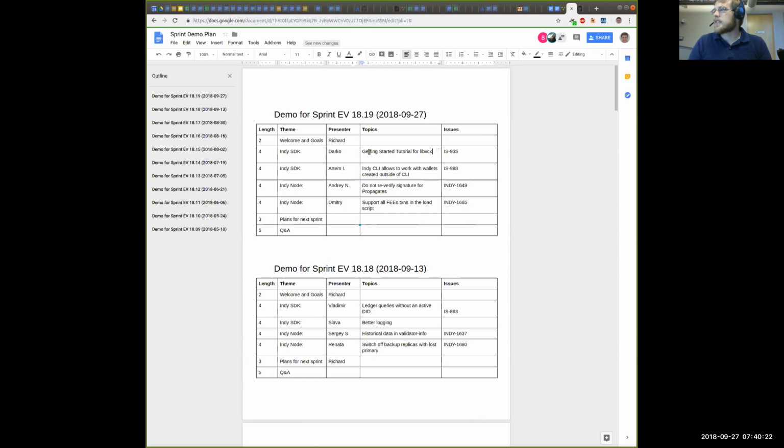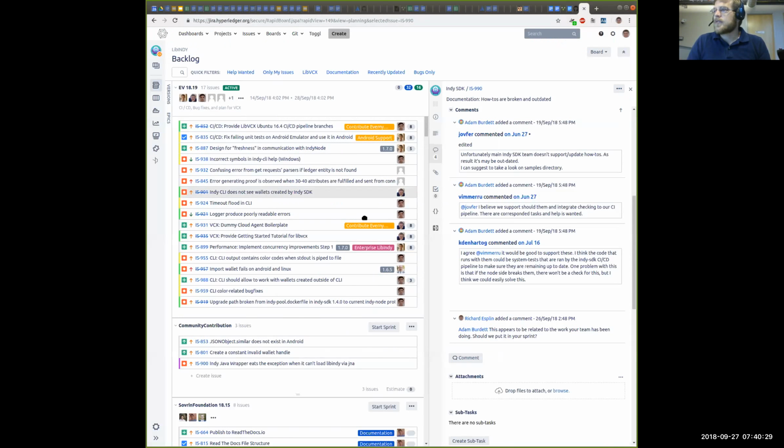Today we're going to cover a couple of things. First of all, we're going to talk about the Indy SDK. This sprint, we did a lot of cleanup, a lot of bugs. We also continued our work on preparing LibVCX to be used by the broader open source community, by the Hyperledger